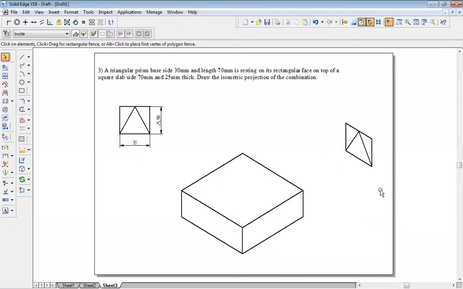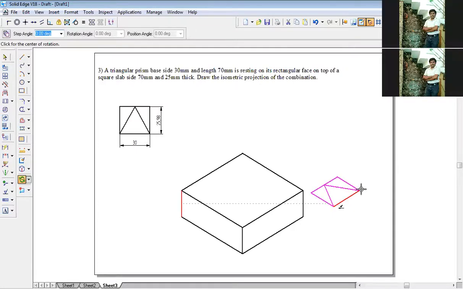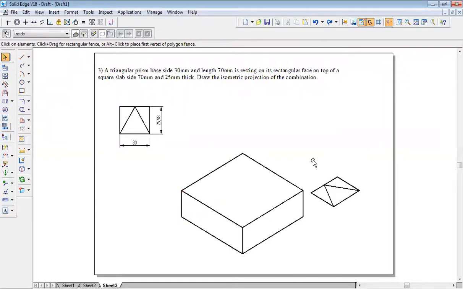Okay, suppose let us think that I have rotated it in the opposite way. In the opposite way means how? Rotate command, taking this as a center and this as a radius, I have rotated in this way. Does this make any sense? How do you know where it is going to sit? Neither here nor here. Okay, so from this you need to understand in which direction you have to rotate. So this happens only when you practice the problems properly.